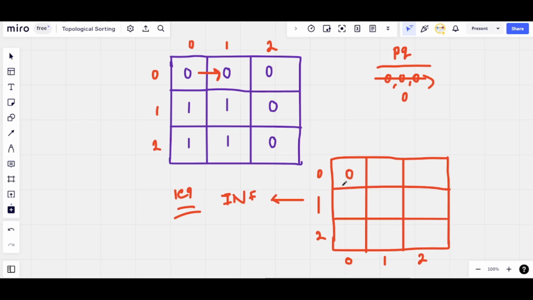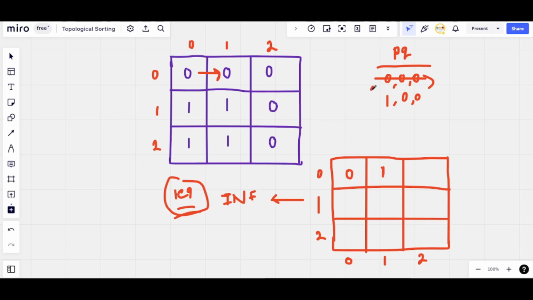Now from this cell 0 0 I can move to cell 0 1. So move to cell 0 1 and push the pair corresponding to it, while the cost will increase by 1. So the cost will be 1 here. 1 is better than the cost which we already had, that is 1e9, so we update the cost here. Now again in the very next iteration